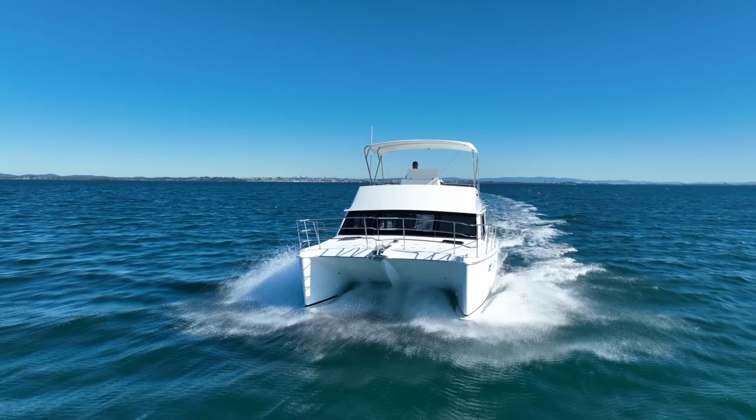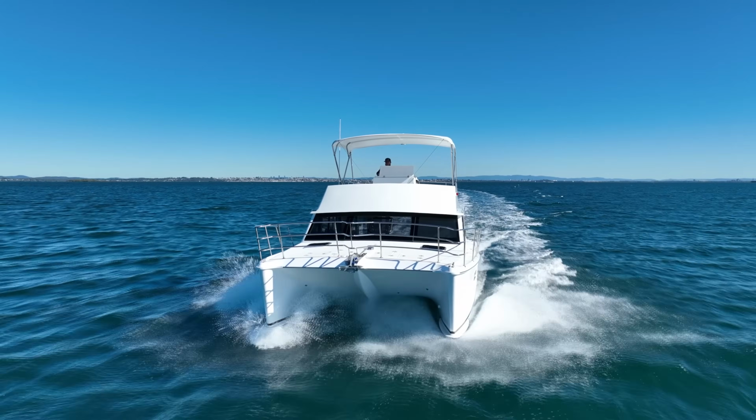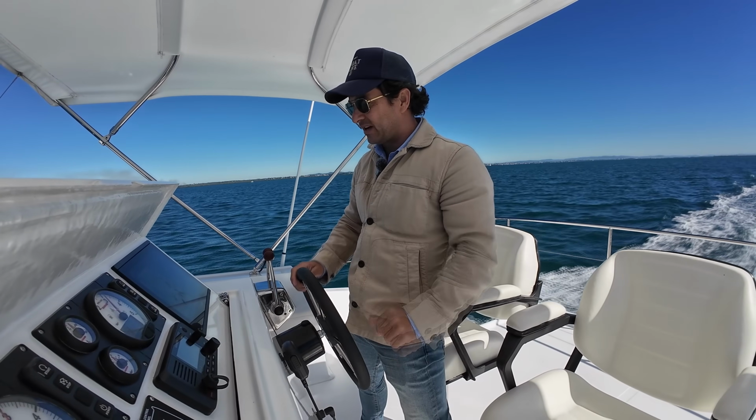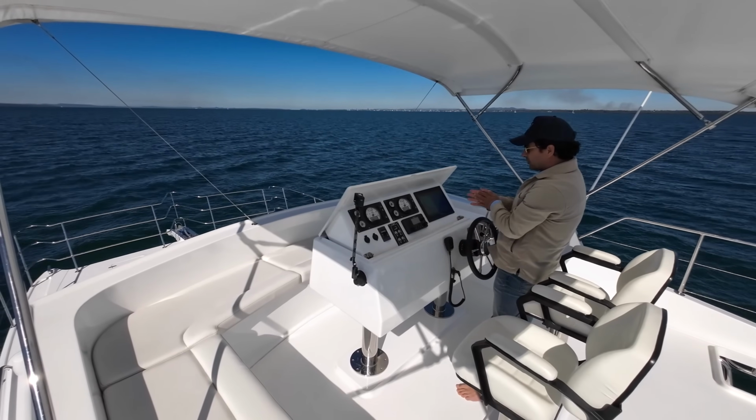No bow rise on acceleration. The weight distribution is fantastic. The engines and the fuel tank are in the middle, and she didn't want to dig her stern in at all just then. And that was a moderately aggressive acceleration, but I'm getting 6.2 knots and